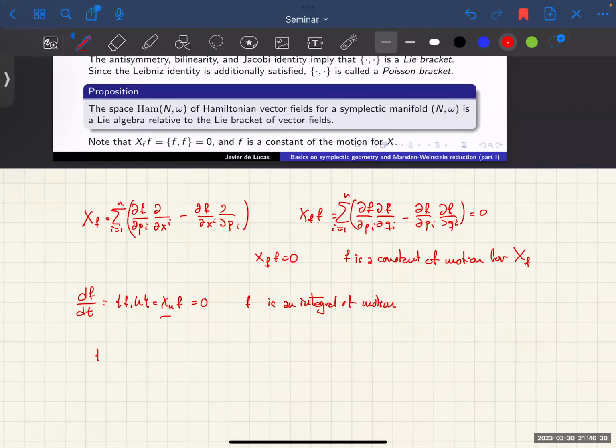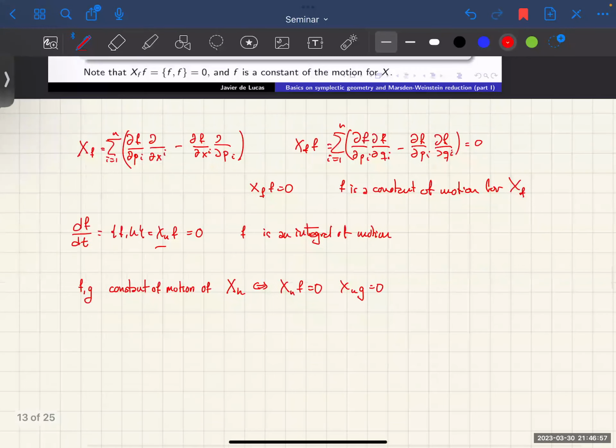But know that if you have two such functions, f and h, integrals, or constants of motion, they are called constants of motion or first integrals. There are several names. Of X_H, yeah. That means that it is equivalent to the fact that this is equal to 0 and this is equal to 0. But look, there is something interesting, because if you pick up this thing,